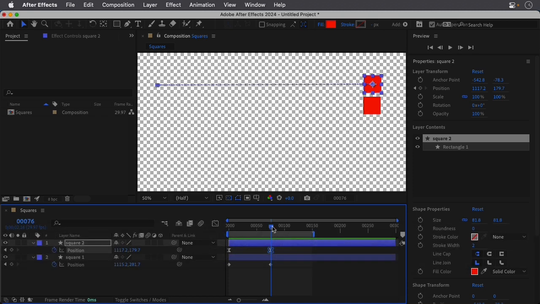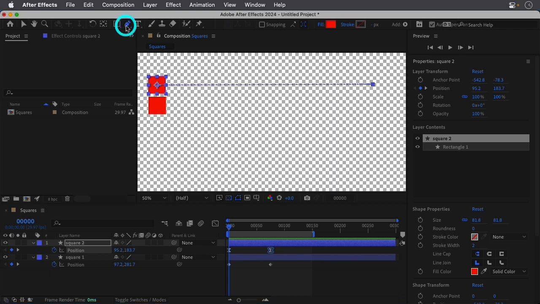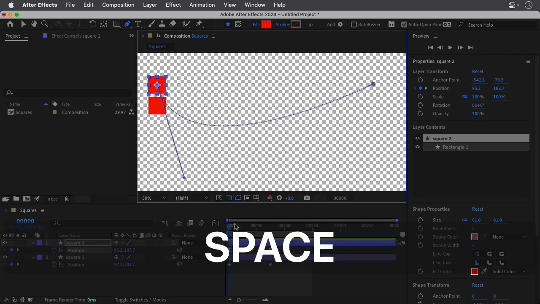All right. And last but not least, let's have a little fun with this. What we can do is come up to our tools here and select the pen tool. And when it comes to the movement here, I've got my playhead at the beginning. I can click on the second square here and click and drag, and it's going to basically bend where my path is as far as where this is going to animate. So if I play now,